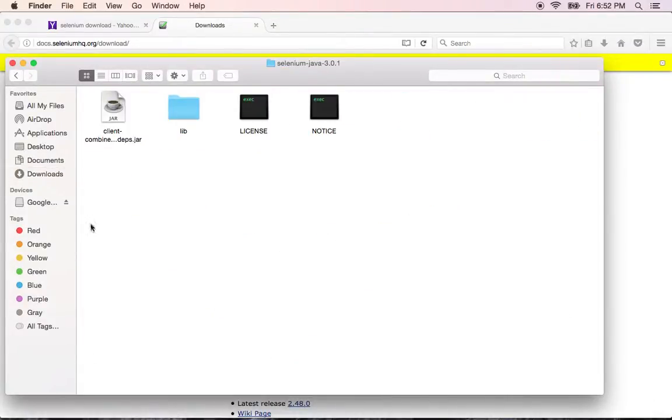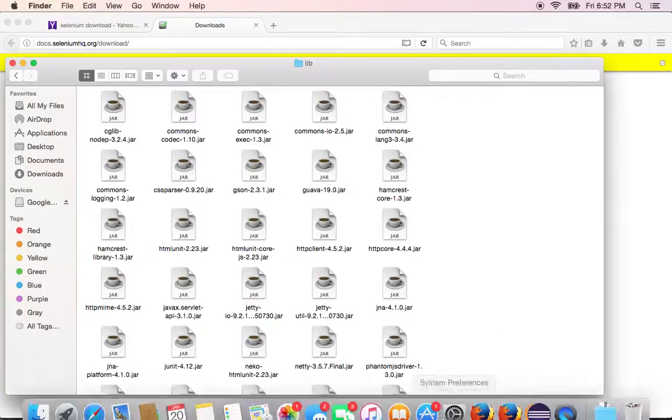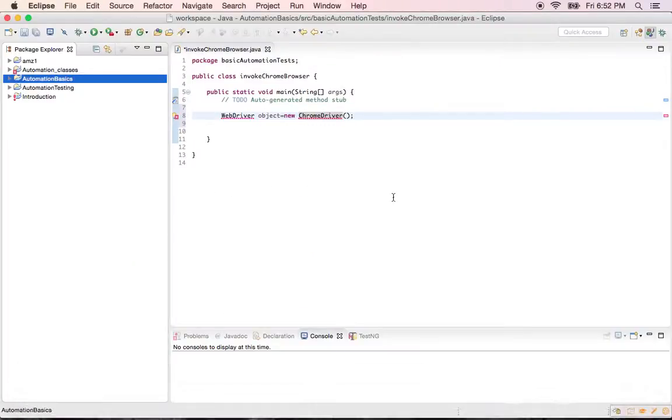If you open this, there is something called a jar file. That is what we want. That has all the code that is necessary for you to directly plug into the project that we created in Eclipse and use. That's it. This is the concept of Selenium. So if you come back to your program and link this project with the jar files, you will be good. So how do we do that? Right click on this project